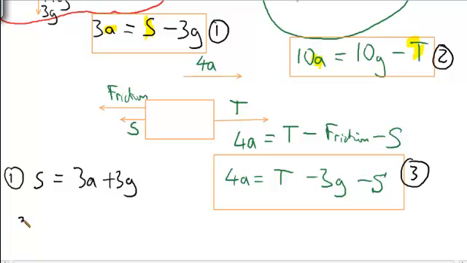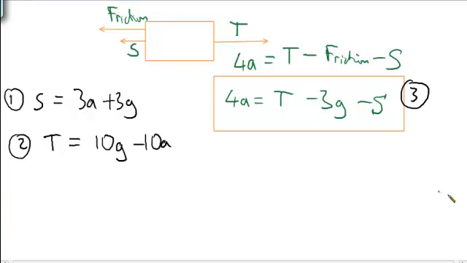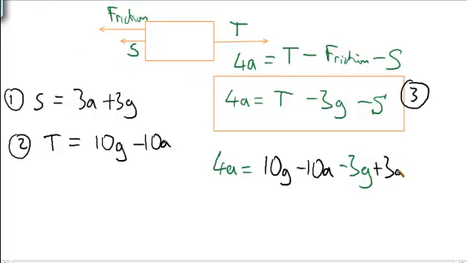Be happy with that. If I take equation 2, I can write T is equal to 10G minus 10A. If I sub both of these into equation 3, I'll leave everything that stays the same as it is. 4A is equal to, and I'm going to have in black then, T instead of T, I'll put 10G minus 10A. Leave the minus 3G there. It didn't change. It's not changing. But this one is. S is plus 3A plus 3G. Group everything together. Bring all the A's over to the left, all the G's over to the right, and we get